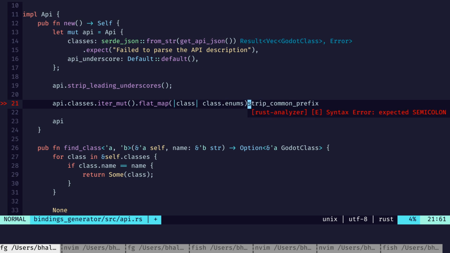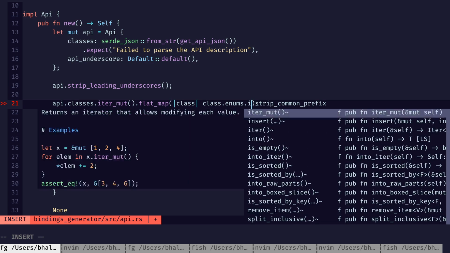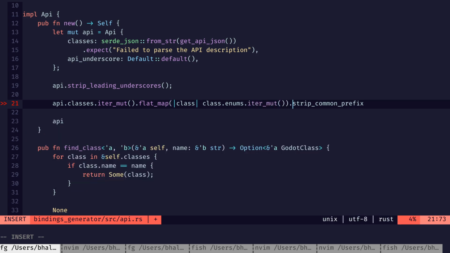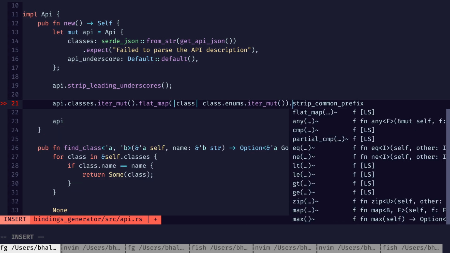So is this how you use that? So that's going to then change this to an... do I need to do an iter_mut on that as well? So we have the classes, flat map that to the classes' enums iterator, and then for each one of those,